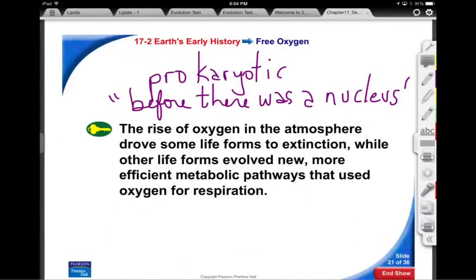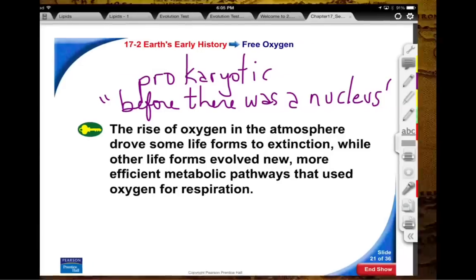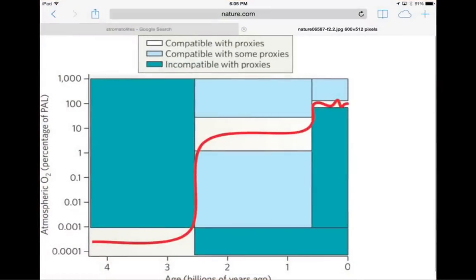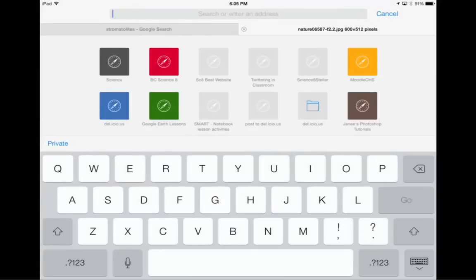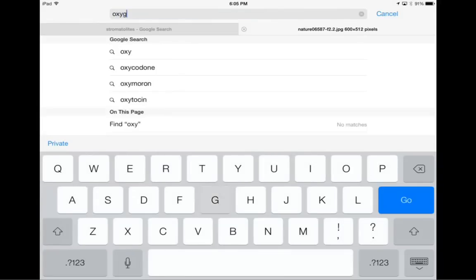So the rise of oxygen in the atmosphere, you have to understand, oxygen is pretty toxic to a lot of bacteria. The archaeobacteria couldn't stand it. To them, it was like a metabolic poison. When you look at what oxygen does, and then we'll go to, I'll just call this one up on the spot, oxygen bands,